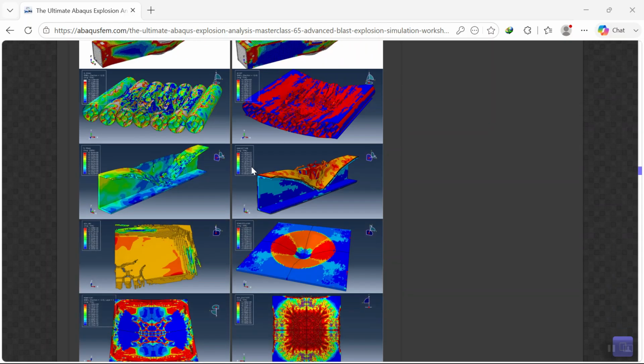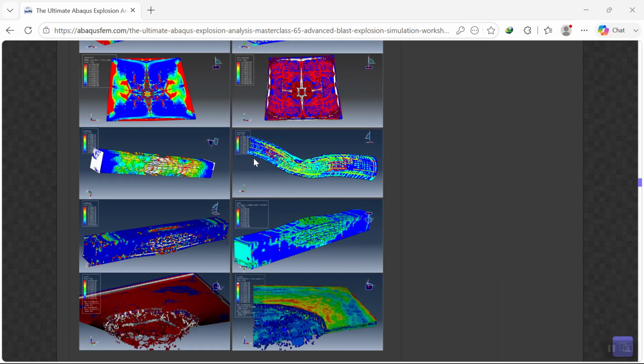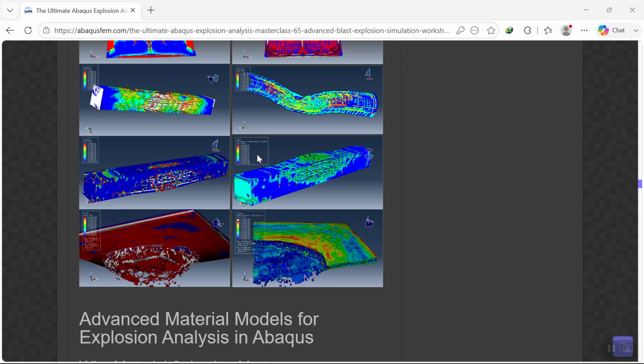One of the strongest features of this package is the incredible variety of the engineering materials. Instead of repeating the same concrete and steel models, you'll work with a broad range of advanced materials used in modern research and industry. This includes conventional reinforced concrete, UHPC, FRC concrete, steel, aluminum alloy, stainless steel, rock, soil,